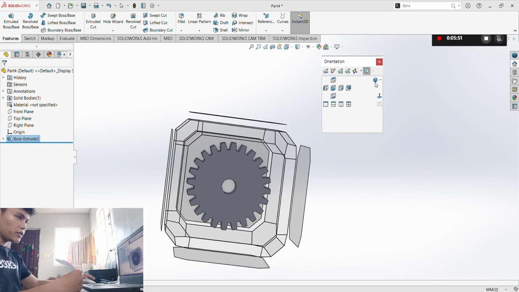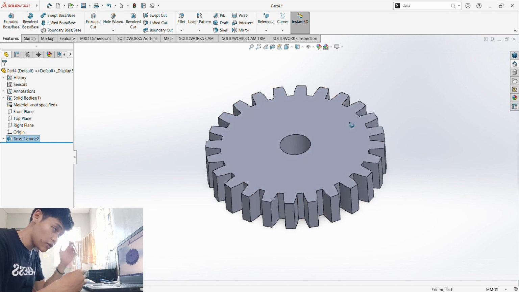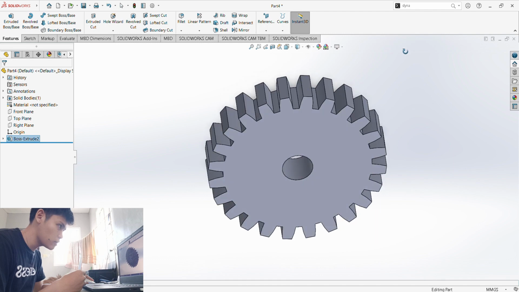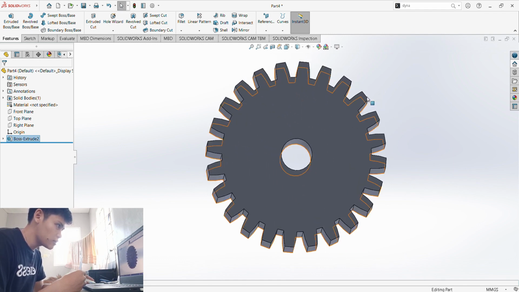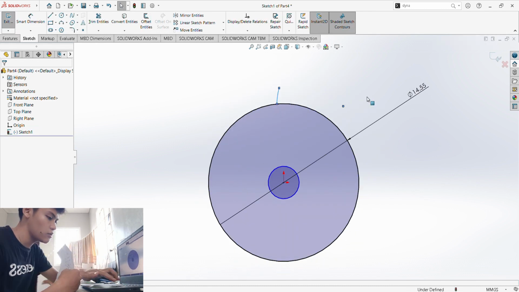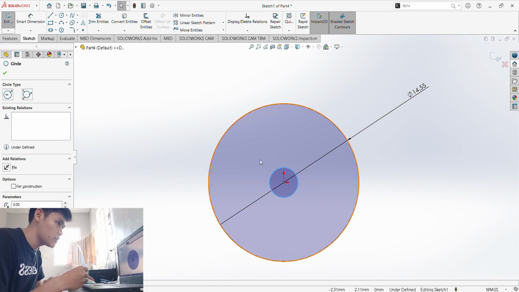So that's how you make a gear, but of course we won't be using this one because as I've said earlier, you have to make a solution for this one when you are trying to make gear to gear for their teeth. So let's just press Ctrl Z. I've just demonstrated so that you would know how to actually make it in case you would have to do it.